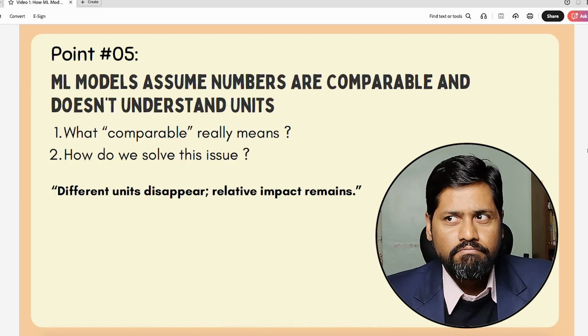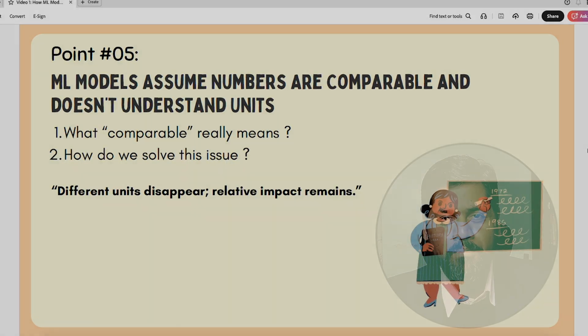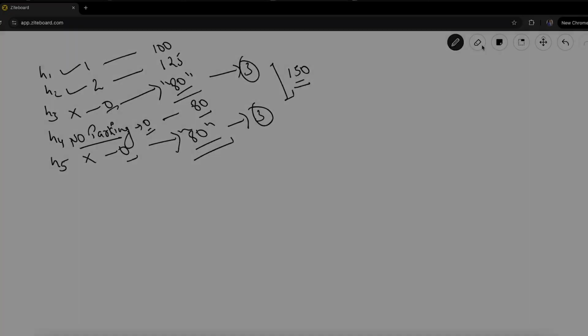But a model doesn't understand units. When we try to create a range, a scale, and we want to represent each and every number on this common scale, we need to first process this data in a common numerical language. After that post processing, when we place this data on one common range, the two numbers that a model compares will actually make sense. Let's see it with an example.